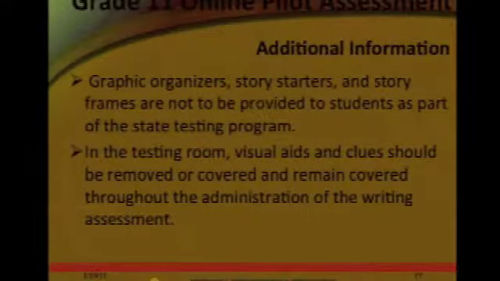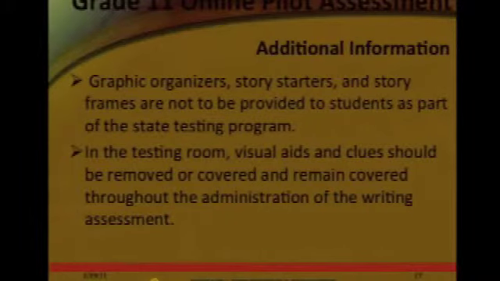Last year, when the state did random checks while the NeSA-W was being administered, there were some test administration breaches occurring. And so they're very specific this year on this online pilot assessment information and in the administration manual